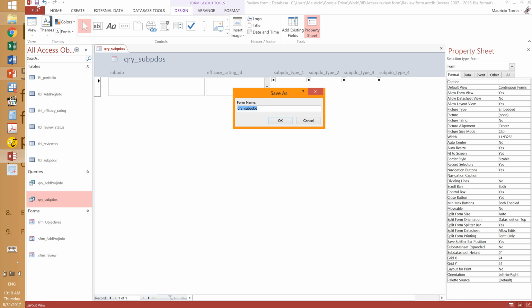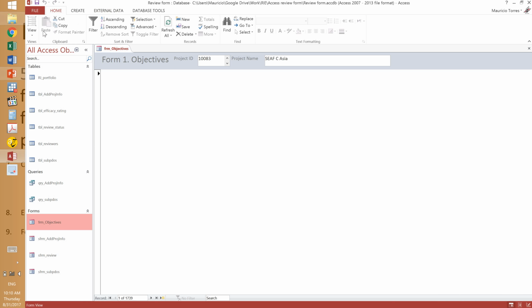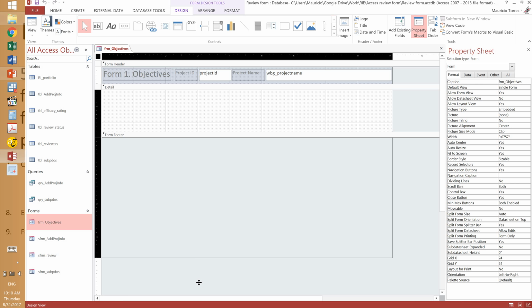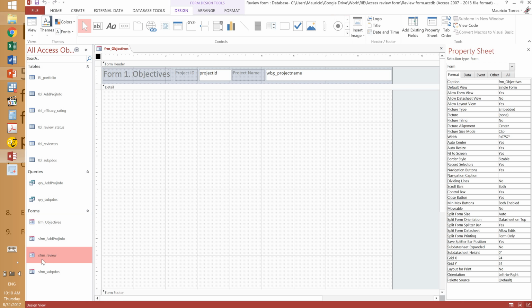Now we save, and this is subform subvideos. We click OK, and now what we want to do is to integrate all these forms in one single form. So the hosting form is the form objectives. We open it, and then we go to design. In the design, we're going to make room first for our subforms, and I want people to see the subform review first. So we want to include that through design,